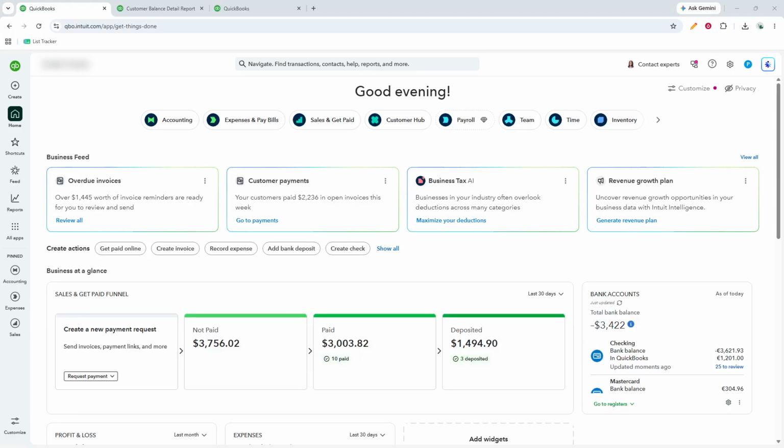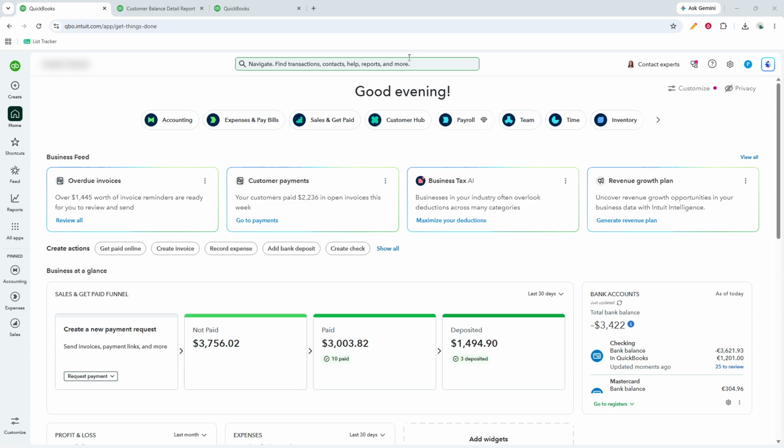In today's video, I'm going to teach you how to resize report columns in QuickBooks Online. If you've ever opened a report and felt like the information looked too cramped, or maybe one column was much wider than it needed to be, adjusting the column width can make the report much easier to read. This is a simple customization, but it can really help you organize your data in a cleaner and more practical